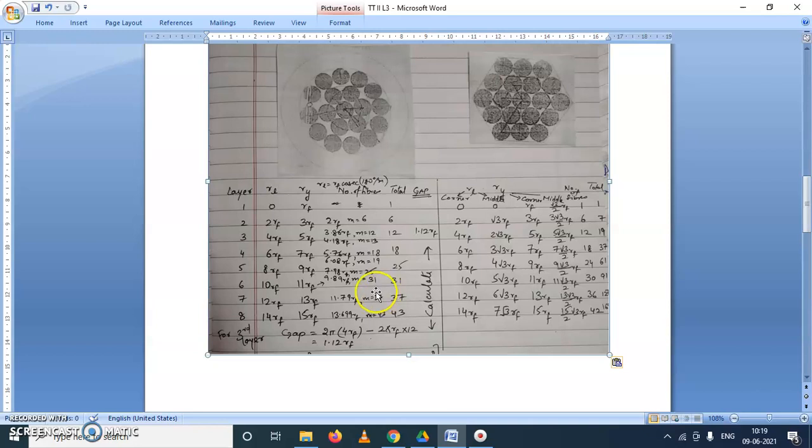25 plus 6 will be 31. Calculate for that. It is 9.89, less than this. For 32 it will be higher. So we'll finalize at 31. Next is 37. 37, it is again less than 12. For 38 it will be higher. So we'll go with 37. Now next is 43. For this 43 it is lower, but 44 it will be higher. So we are not accommodating one fiber in every layer, but after 3 to 4 layers we get a gap of one fiber. So we accommodate that. You have to calculate according to this.